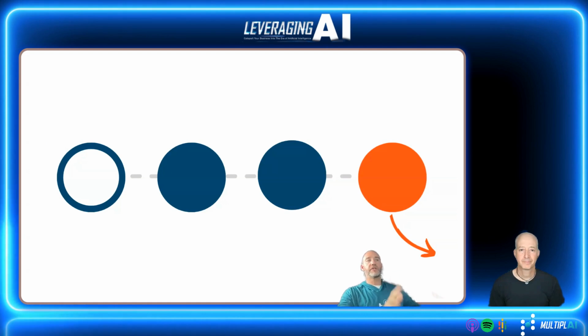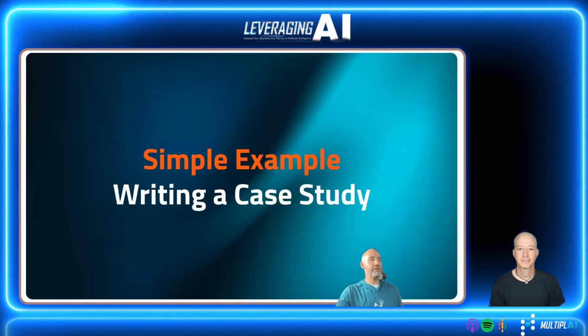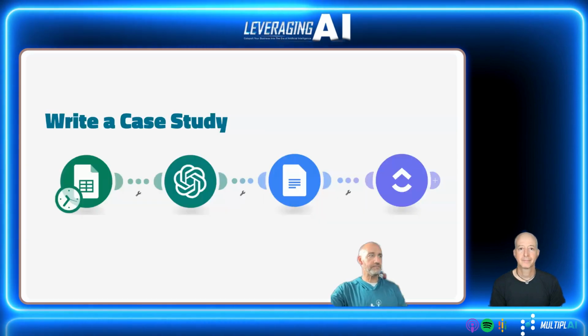This is how the integration tools work at a high level, an abstract view, but in many ways, you need to see a tangible example to really drive this point home. I've put together a very quick one, we'll talk through it at a high level pretty quickly. In Make, this is how one of these workflows would be set up and activated. So we'll take writing a case study as an example, a very simple example.